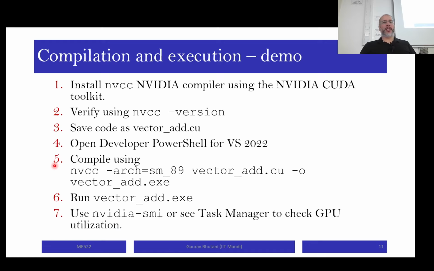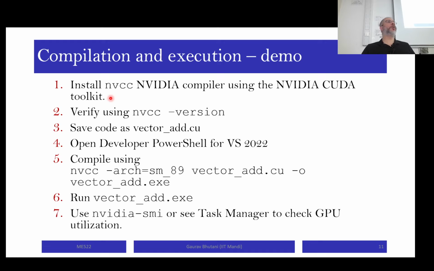So let's do some demo. Let me show you the steps. Typically if you want to run this on a system from scratch, the first thing you do is you have to install the compiler. For Fortran we use the gfortran compiler, but we saw that when we had to use MPI, we had to use a different compiler, which was mpif90. So here typically for C codes you use GCC or G++,